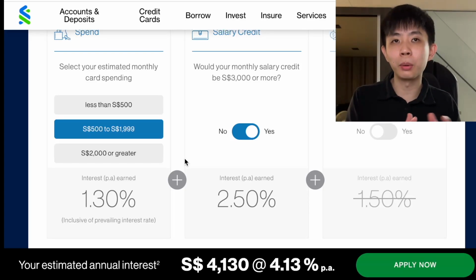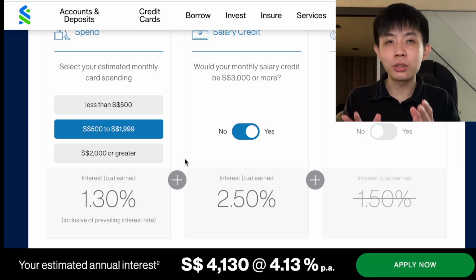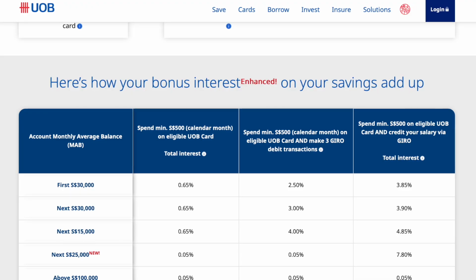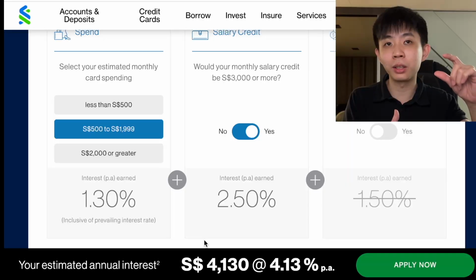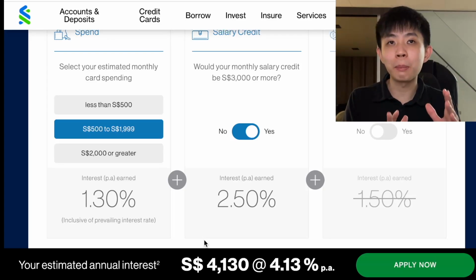So why should I bother with Bonus Saver? Now the thing is that Bonus Saver gives the interest rate on the entire $100,000 and it's not top heavy like UOB One is. When I say top heavy, it means that UOB One gives its high interest rate on the final 25K of your $100,000 bank balance, and therefore you still get an effective 5% per annum interest rate